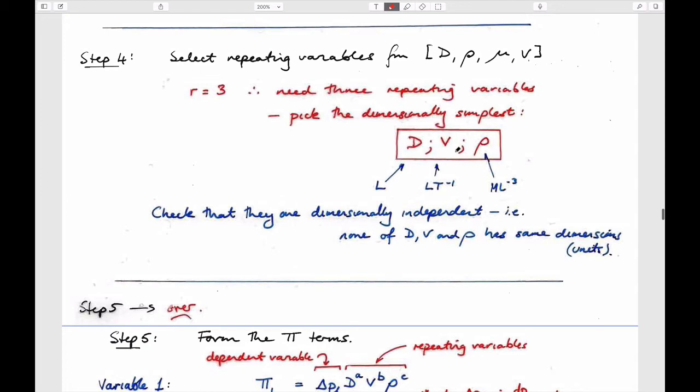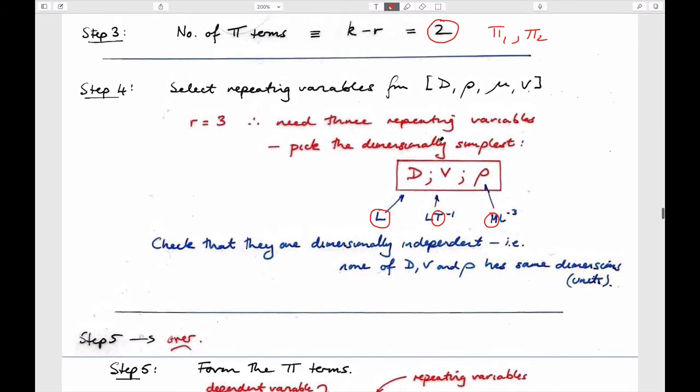You can always manipulate those into the other sets that you like, which would typically be Euler number and Reynolds number. But the repeating variables you choose should always represent every single one of the units. It should include length, should include time, and it should include mass. So these 3 would be appropriate because they include mass, length, and time. So if you take these as the repeating variables, then the other variables that are left would be the viscosity